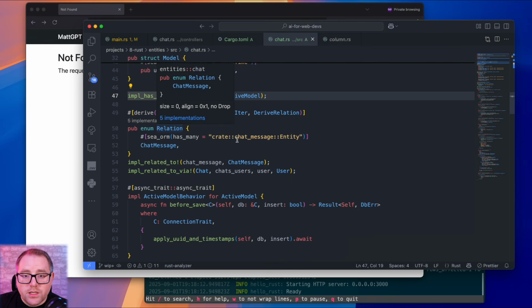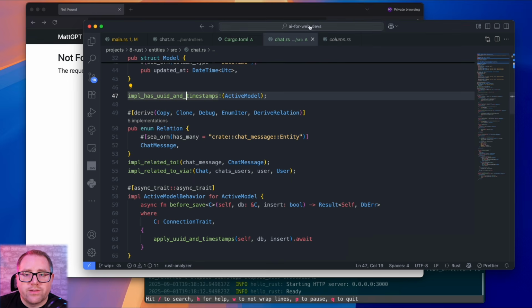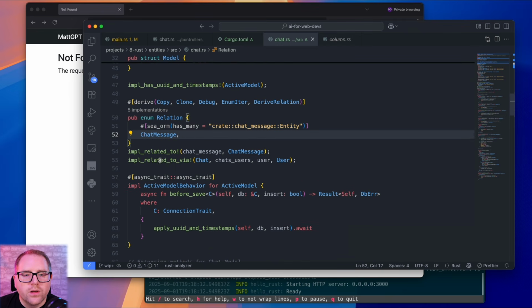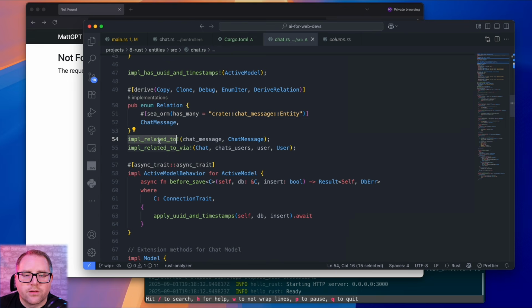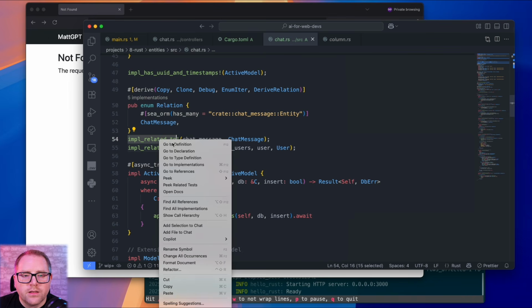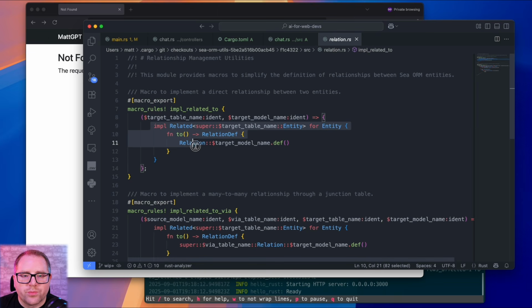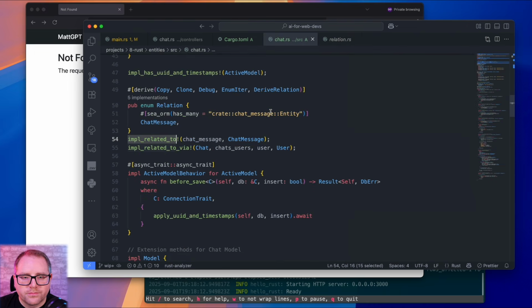We have our relation. So we're going to have a chat, and it's going to have many chat messages. Okay, easy enough. We're also going to have another macro here from my helper crate that, again, cuts down on some of the boilerplate from SeaORM. And then another macro to have the through relationship.